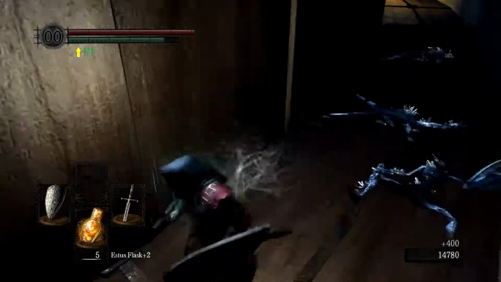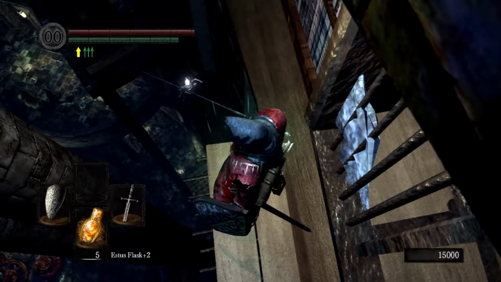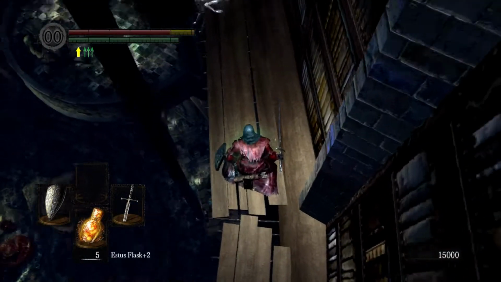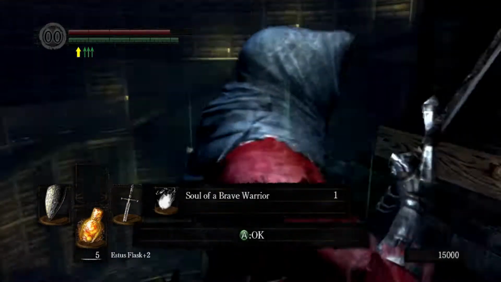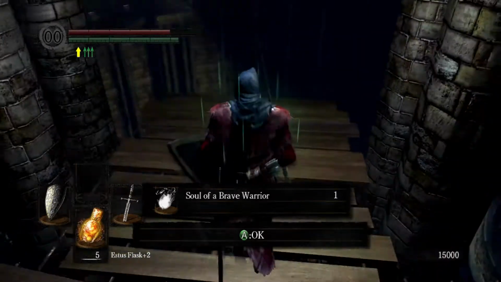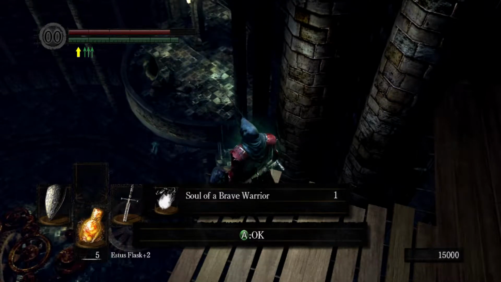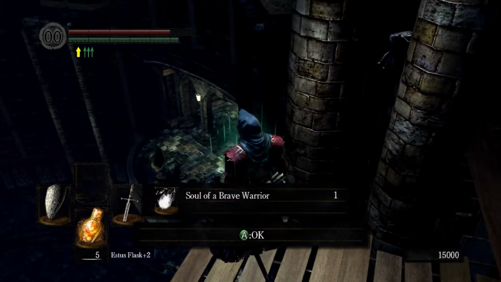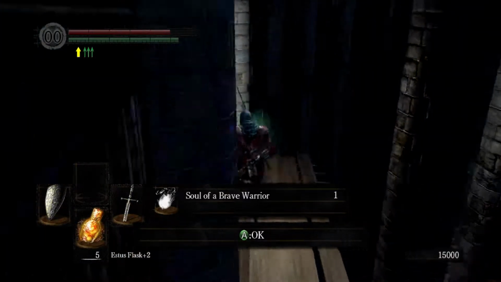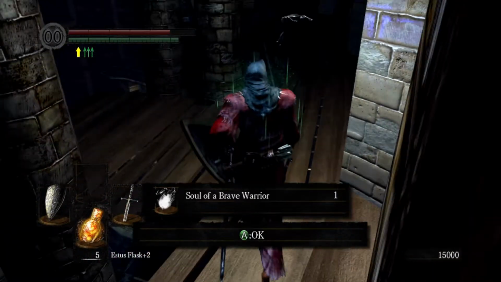Okay. So, we do have another item down here. Let's see if we can get to it. Oh, it's just another soul. So it's not doing us tremendous good. And then that's where the alarm was set. So perhaps